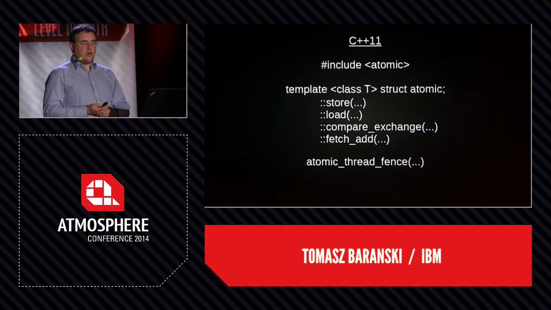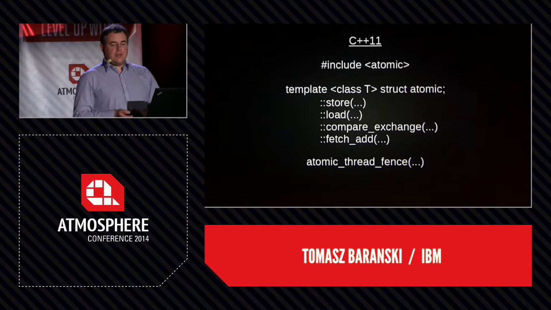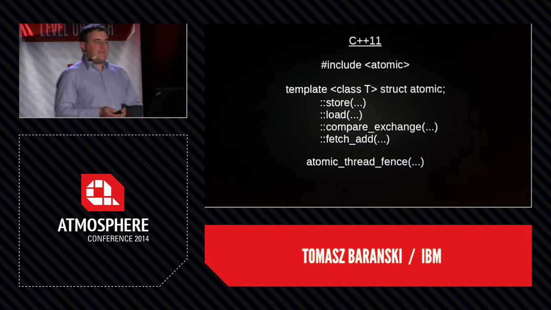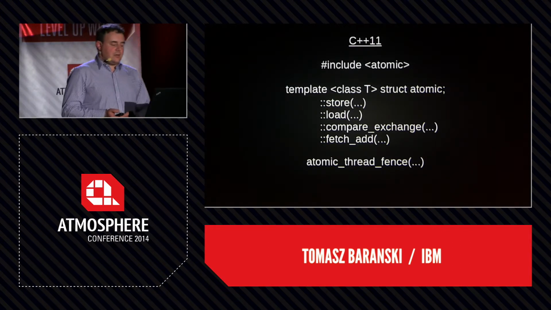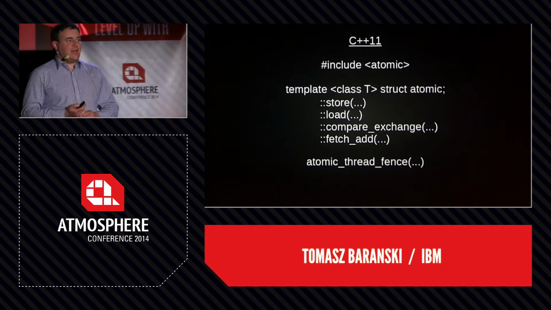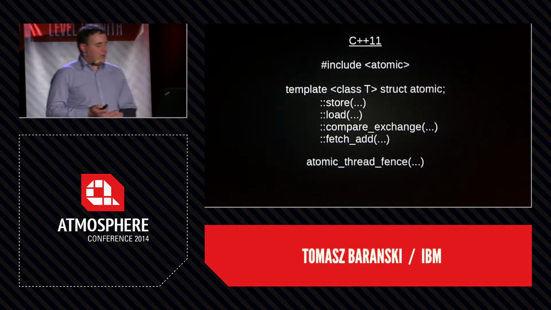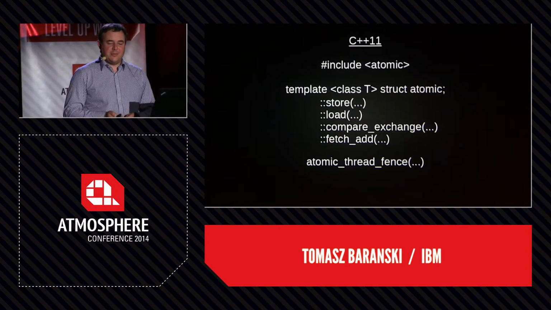And it has store and load, which are pretty obvious. Compare and exchange does CAS, and fetch add for numerical types does just that. Also atomic thread fence is used to set a memory barrier, and the function takes an argument which allows us to specify what memory barriers we want. But the names are really different from the usual load and store, so you need to map them on your own or read the documentation.